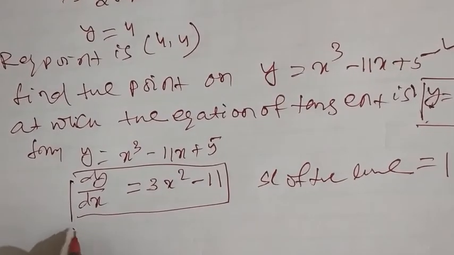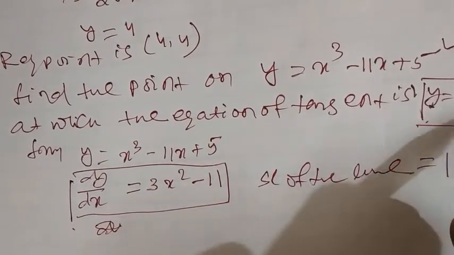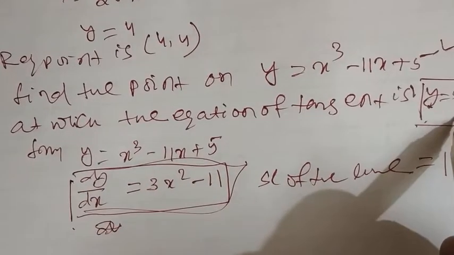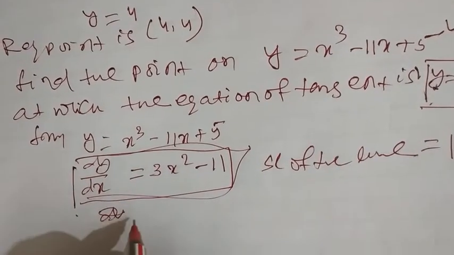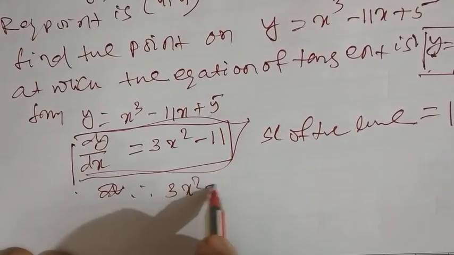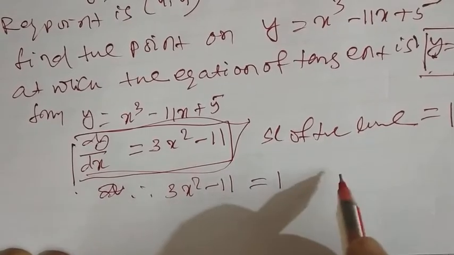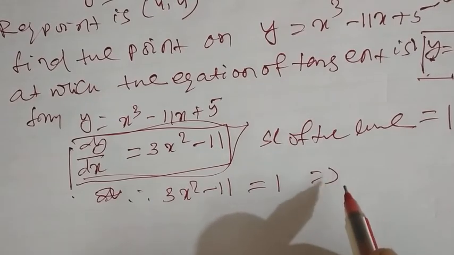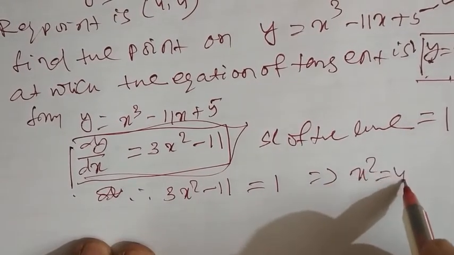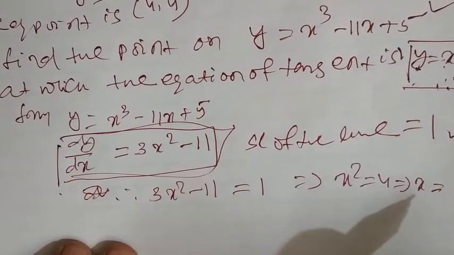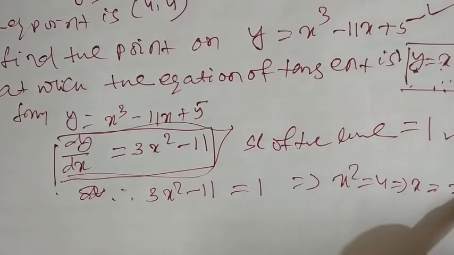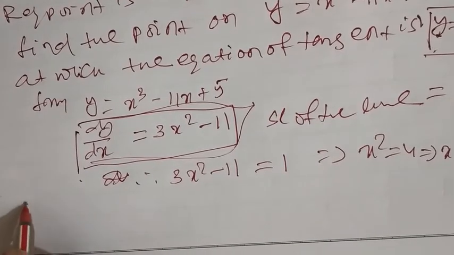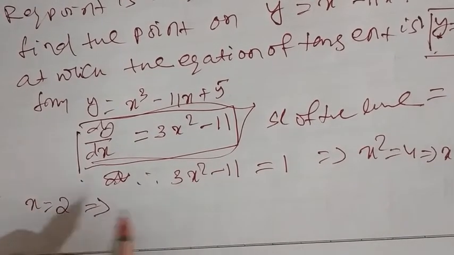तो I got dy by dx, ये लाइन कर्व का टेंजेंट है, तो स्लोप ऑफ द टेंजेंट एंड टेंजेंट लाइन का स्लोप दोनों इक्वल है. Therefore 3x square minus 11 must be equal to 1. So I got 3x square is 12. So x square is 4. So x is what? Plus minus 2. So if x is plus minus 2, what is y? X equal to 2 gives me